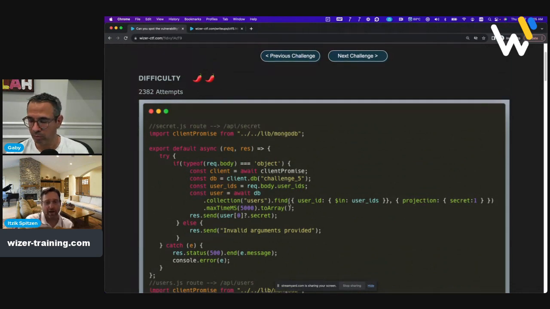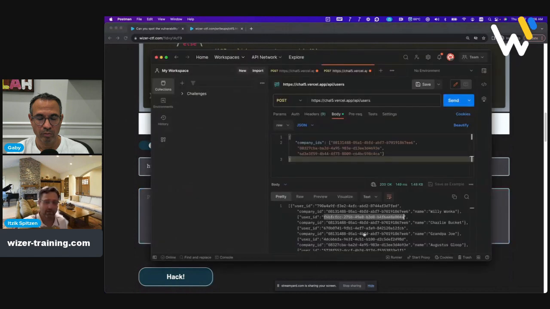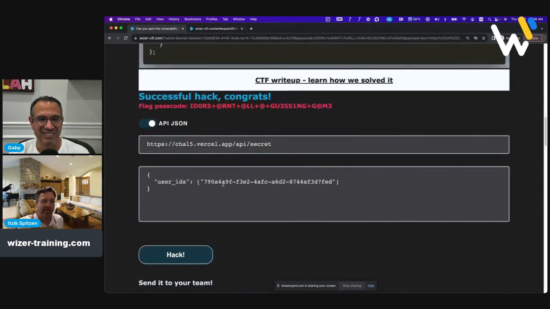And then I can just provide the user IDs, in this case only one, and paste here the ID that I need. So let's do it together. I'm going to get this ID, copy it. So here's our flag. Sorry, that's not the actual ID I should have taken. But now I got the flag.